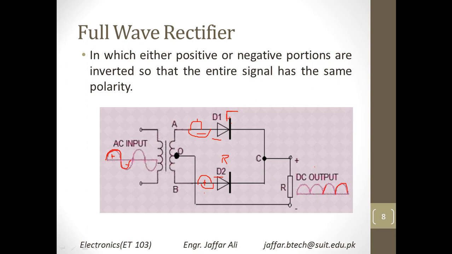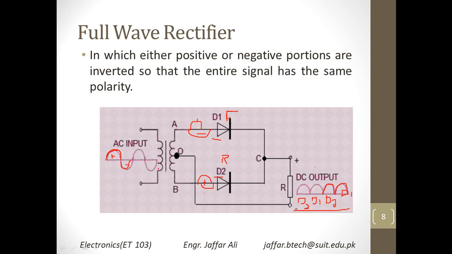So this will be the output of D2. So this is the output of, let's say, D1. So this will be the output of D2, and by combining all these, and then again there will be D1 and D2, and the list will go on, and by combining both of these generations from D1 and D2, you can get the output of a fully rectified wave.